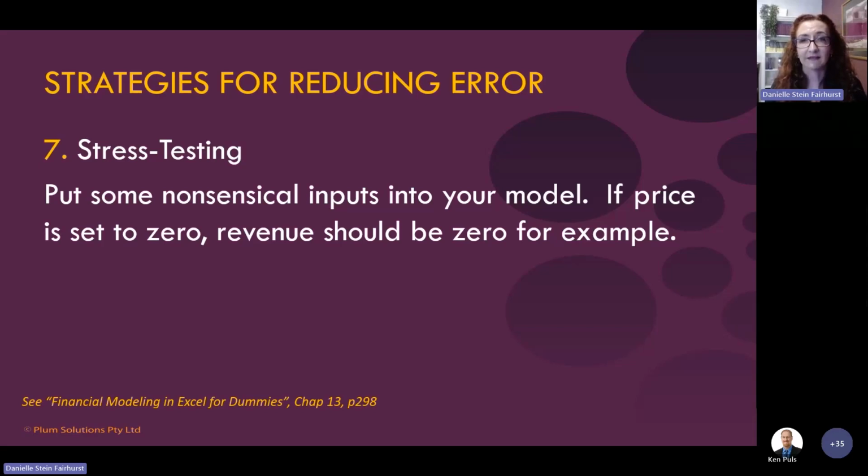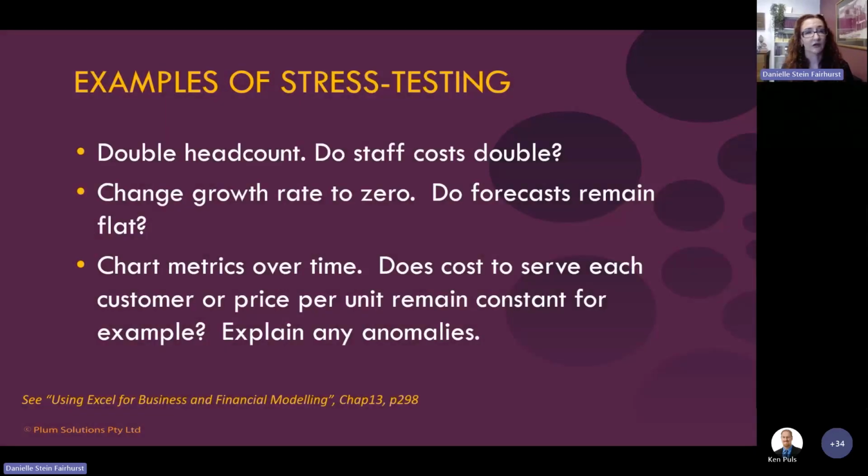That's a good one. For example, you might put in double the head count, and you would expect that if you doubled your head count, then the staff cost would double as well. Obviously you're not going to double the head count overnight, but you'd want to see if the model is doing its job.